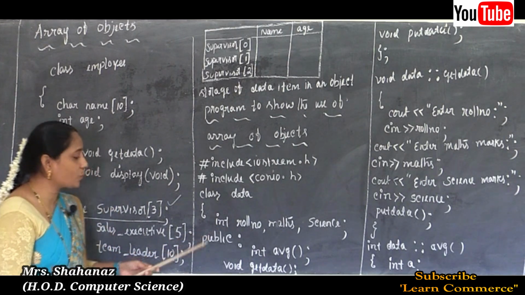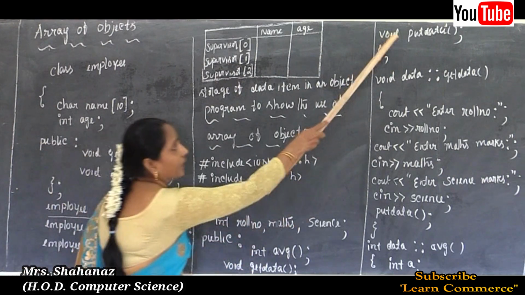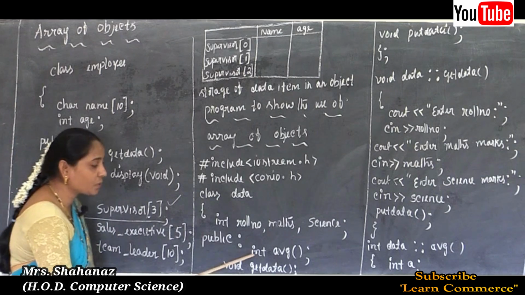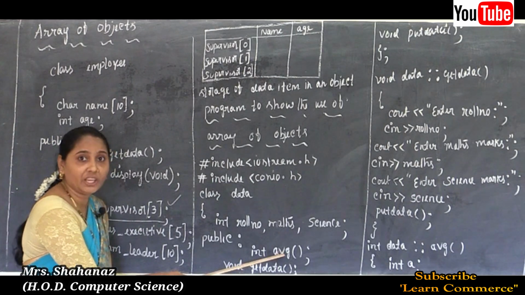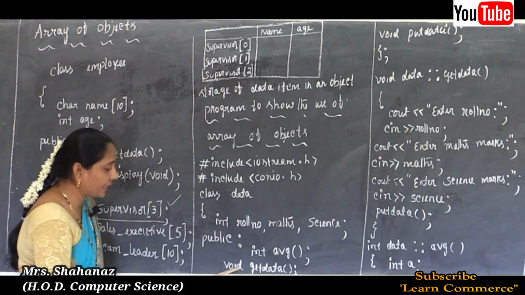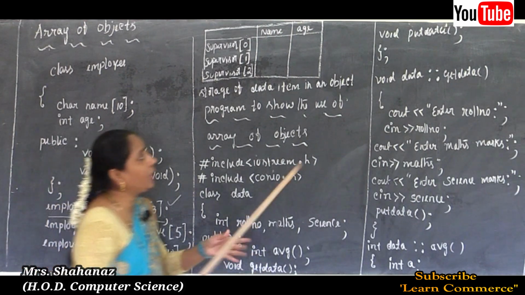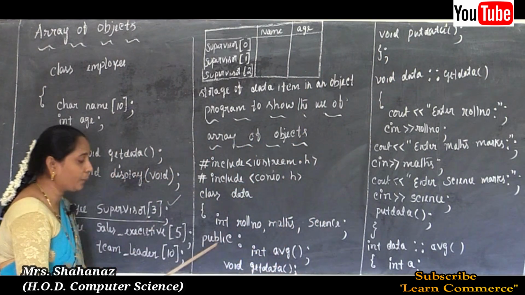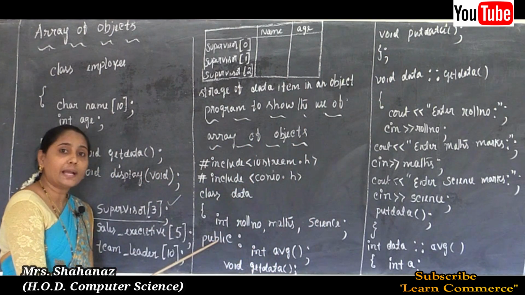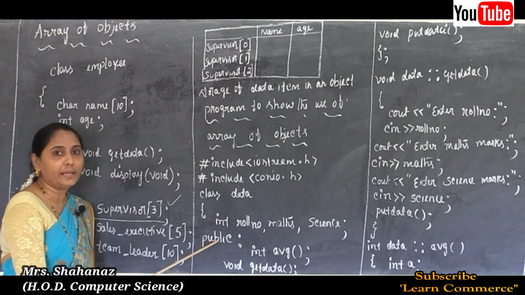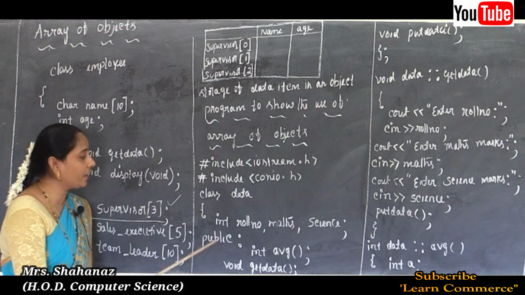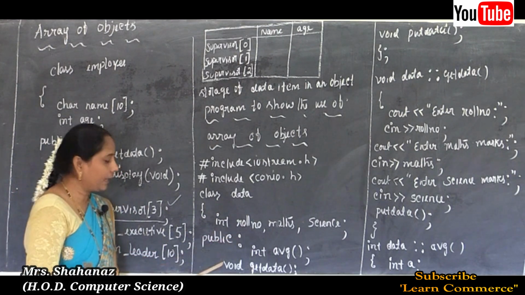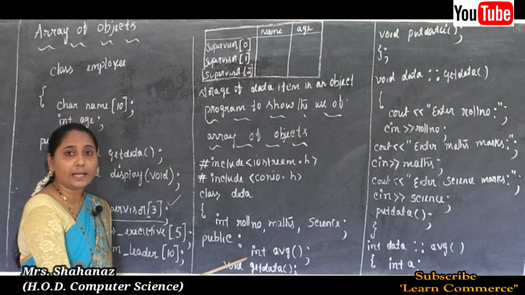Clear? And next, there are three member functions in total in this program. I want to declare 3 member functions here. The first member function name is avg, the average member function, the second one is the getdata member function, and the third member function is putdata. And I declare them by using the access specifier, the access specifier named public. Clear this point here, public access specifier. So private is used to declare the member data, and public is used to declare our member functions.